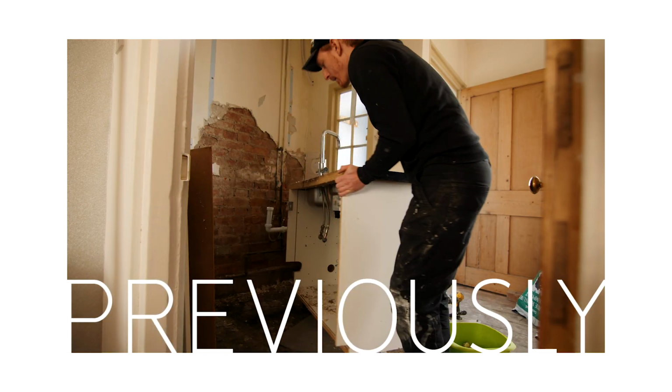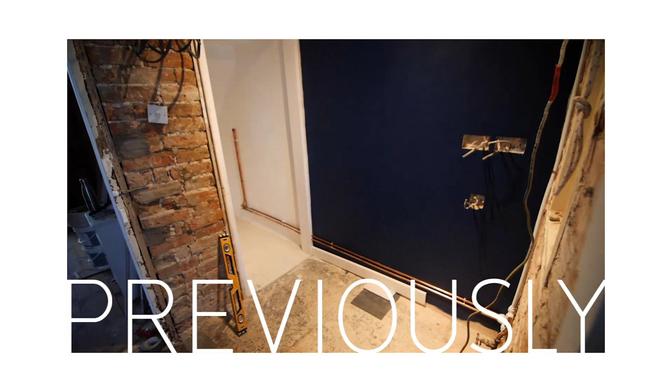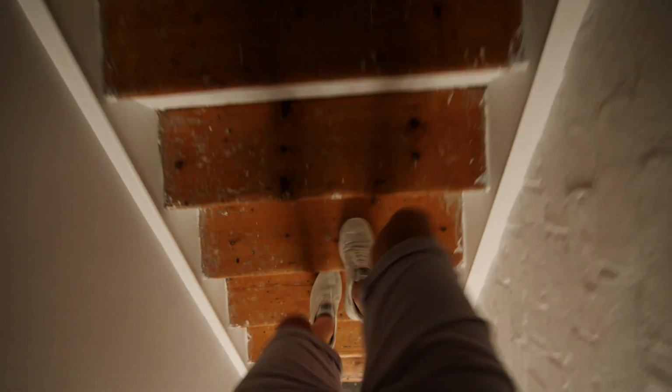So as you guys probably already know, we really haven't done much work downstairs in the house. It still looks like it originally did, just with all of our tools and rubbish basically everywhere. We did a little bit of work under the stairs to get a little bit of the kitchen ready because we needed to do that because of all of the plumbing for the bathroom. We've actually now got to the stage which is super exciting because we've had something done upstairs. You can probably already guess what it is by now, but...